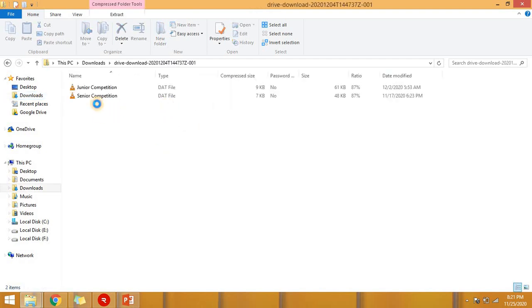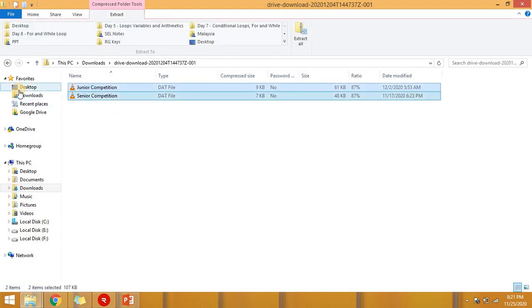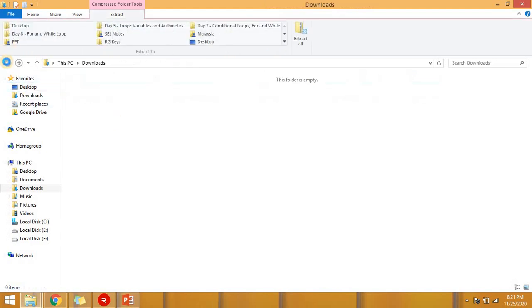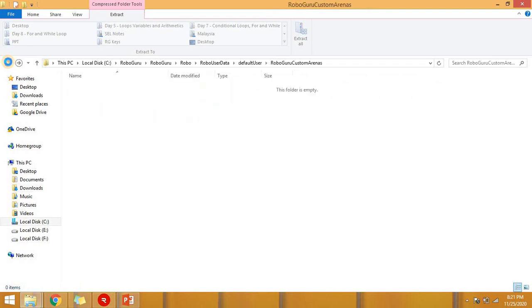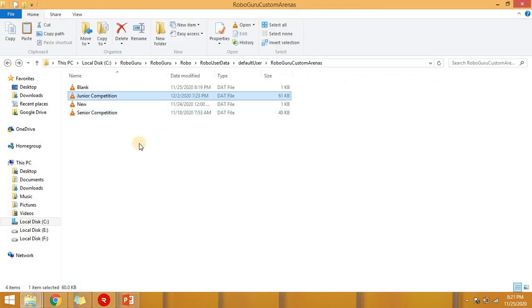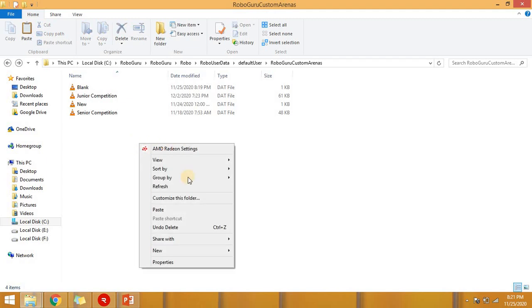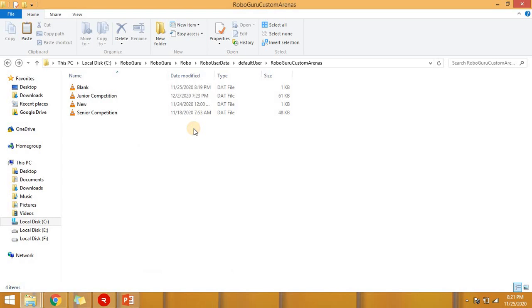I will copy these two files and paste them in the same RoboGuru folder. Since it's already there for me, you have to paste it here by right clicking and clicking on paste. Since I already have these two files here, I don't have to change anything.